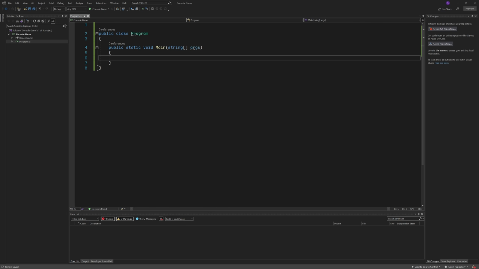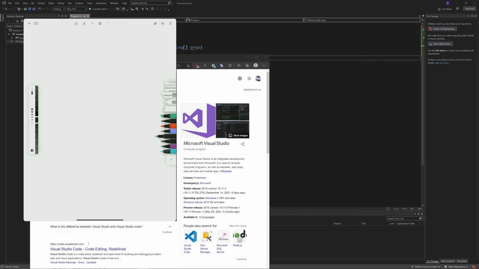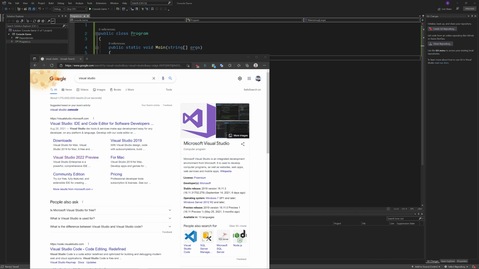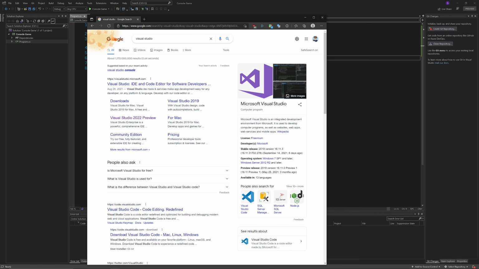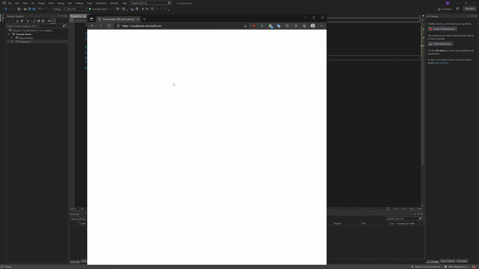I don't care which one you use. Look up Visual Studio. Yeah, Visual Studio right here. I don't actually have it on screen. Yeah, we'll switch to this view here. Good start. Go to Visual Studio, and then you're gonna go ahead and download whichever one works